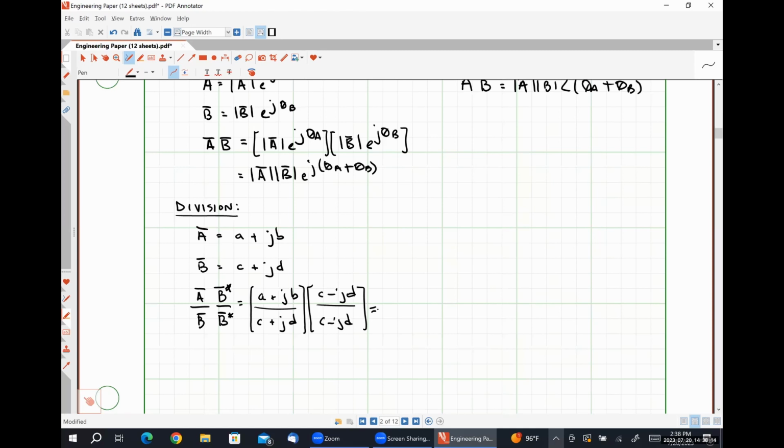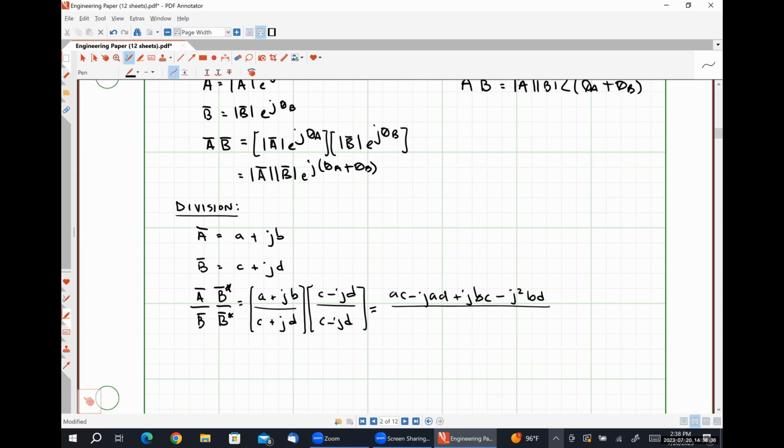In my numerator, when I FOIL this out, I'm going to have A times C minus J A times D plus J B times C minus J squared B times D